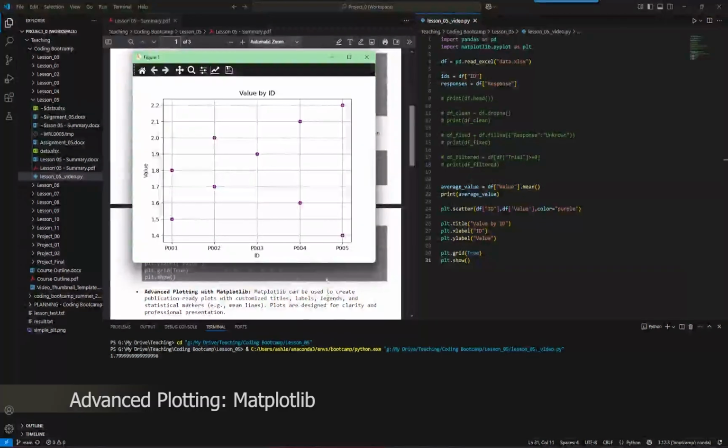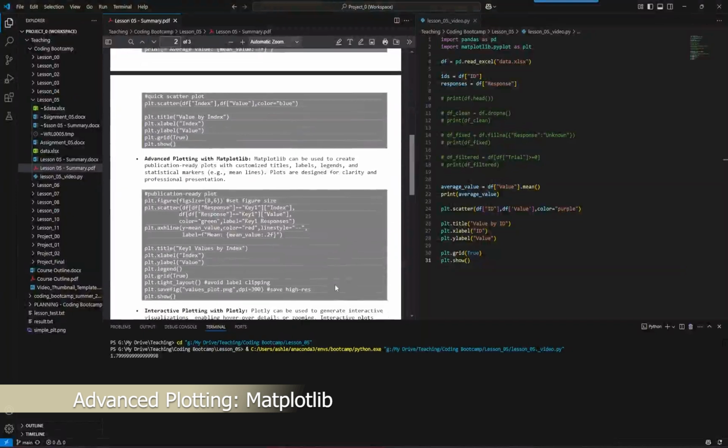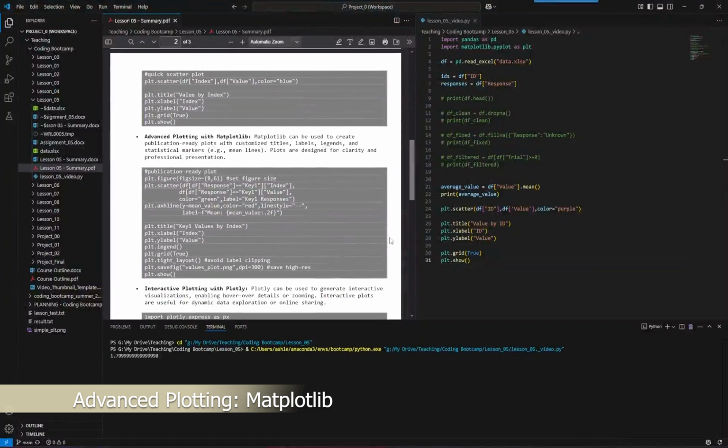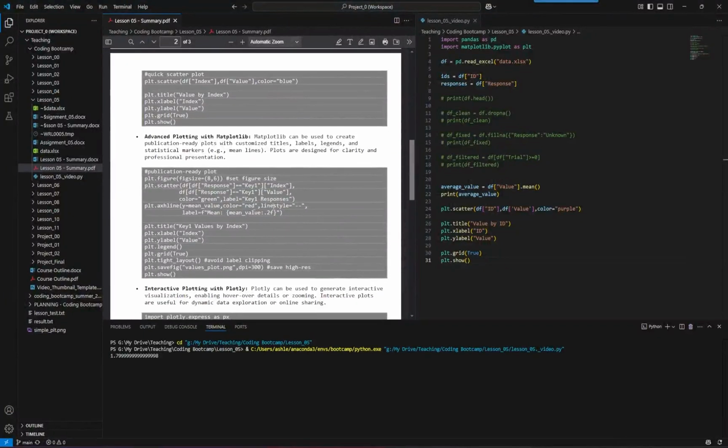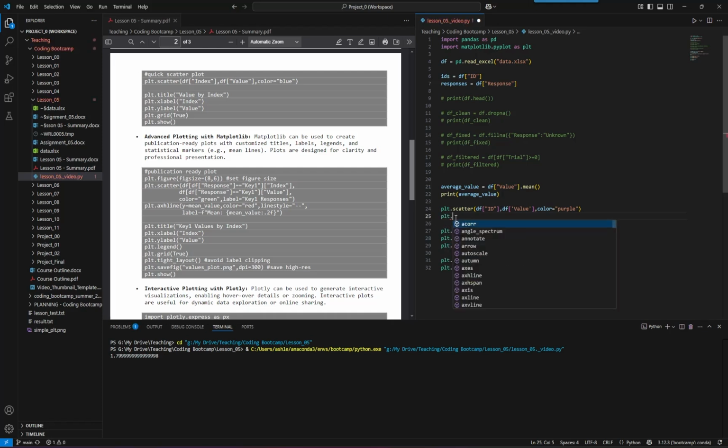In order to do this, we're gonna scroll down a little bit. We have that scatter plot that we already created. We can make this scatter plot a little bit fancier if we wanted to, and I have an example set in the lesson summary. We can do that one in just a second if you'd like. But we're going to just come here, and we've already got the average value that we calculated for the value set. So we're going to create a